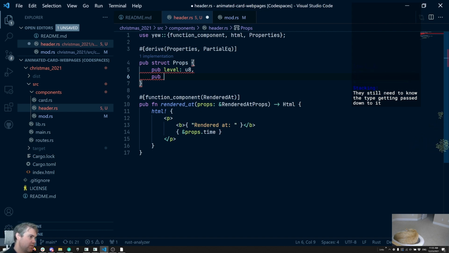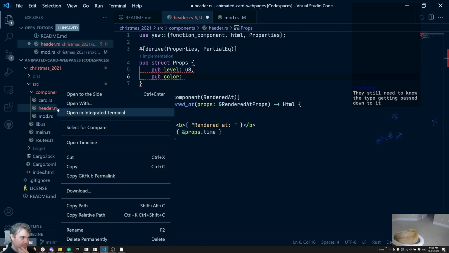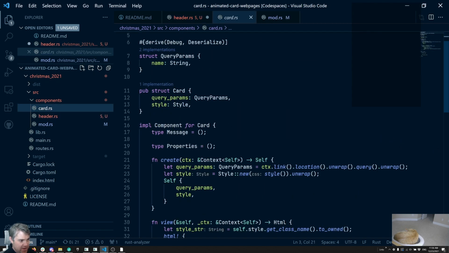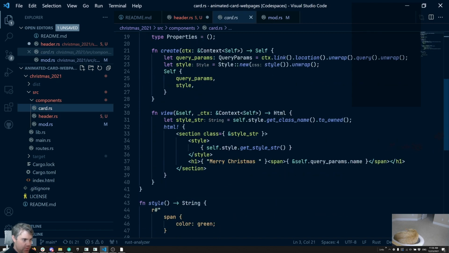So pub, we'll do color, which can be, we'll probably want, we could do a string, but I could also do a type. I don't know, the header, the entire thing is not feeling that great anymore. I don't really think I need it. It's a lot of extra work, but down here in card, if I just do, we have this